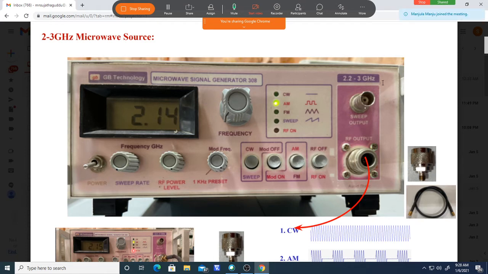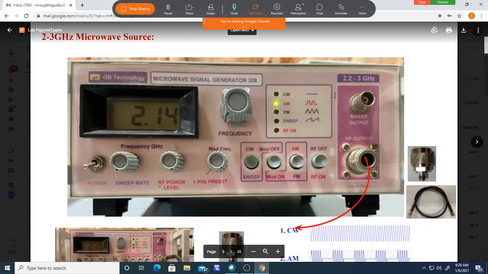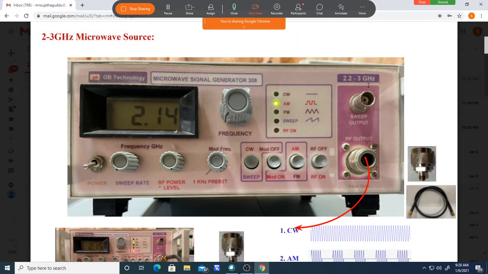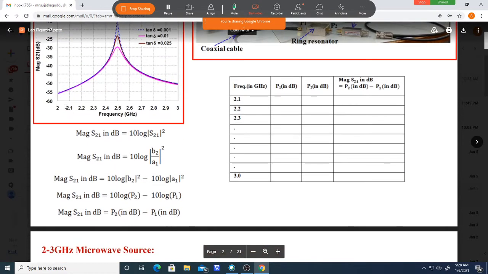That's all. Behind that we cannot apply. It only gives output from 2.2 to 3 gigahertz. See, like sweeping, we are sweeping like this. Only in the simulation tool, as you know, you can set 1 gigahertz to 10 gigahertz or 1 to